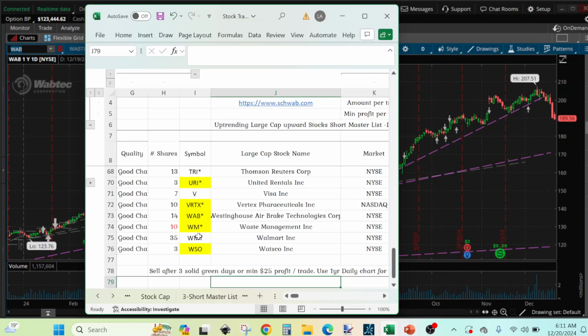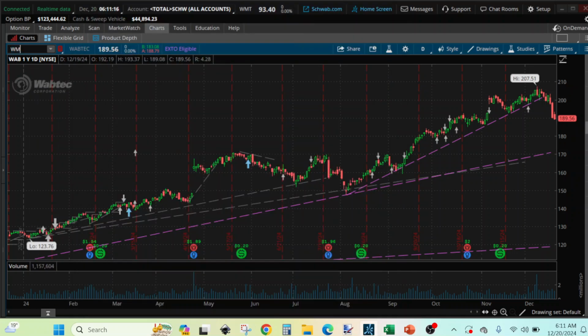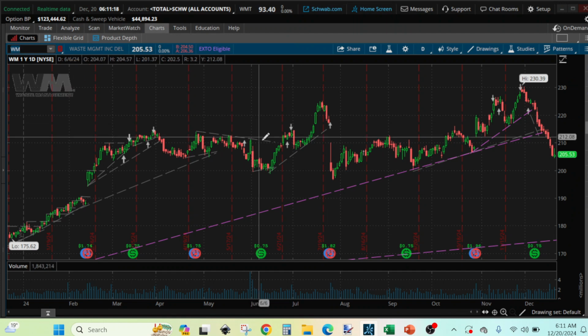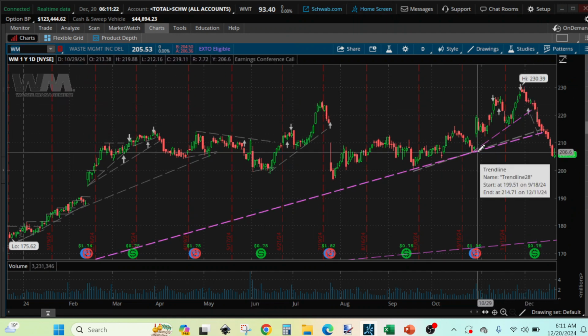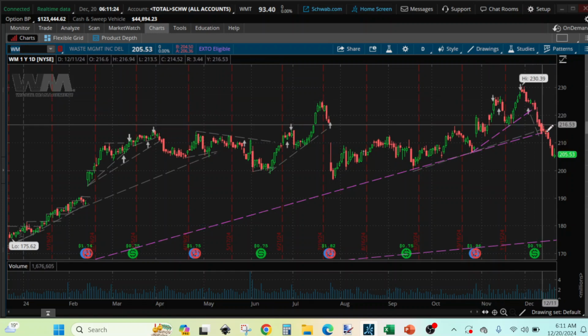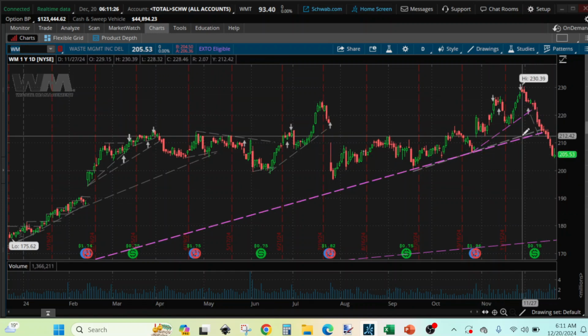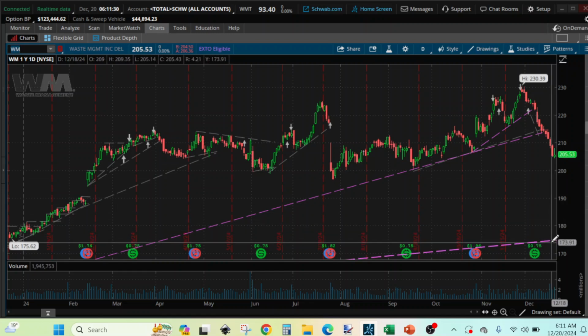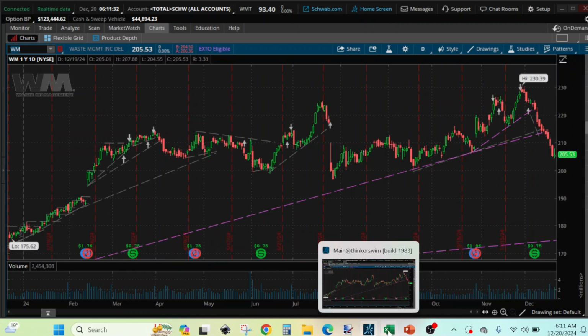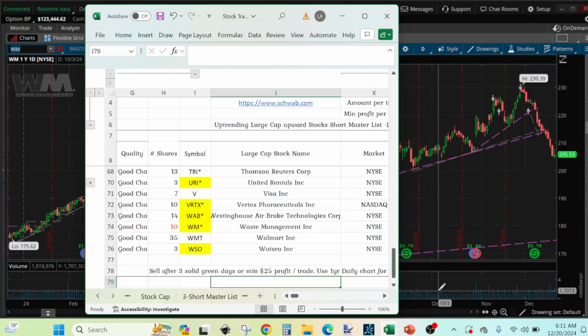The next one is WM, and WM, we bought it at that October trend line, and it passed the long-term trend line and it's continuing to go down. The next one is WMT,